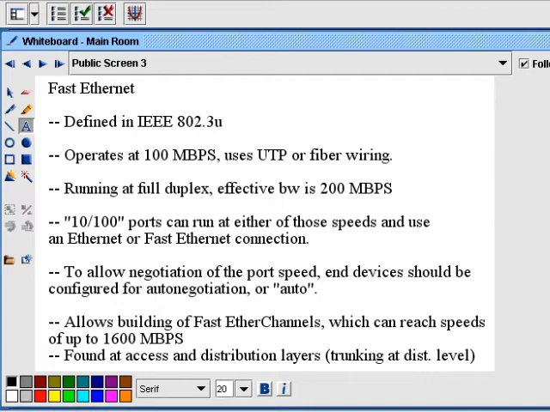That makes the effective throughput of fast Ethernet 200 meg. And you can still use UTP wiring, but you can also use fiber. Now, fiber is still expensive, but it can be used for fast Ethernet. And what you may have seen on some Cisco switches and other devices in the past are what